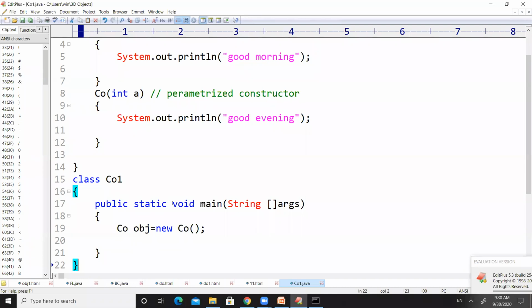What do we have to do in order to execute the constructor with a single integer parameter? Just by passing an integer value during the object creation, the integer parameter constructor will get executed. So I have added a 10 value, that means I have added an integer value during the object creation for the above class. Now save the code, compile the code, and run the code.